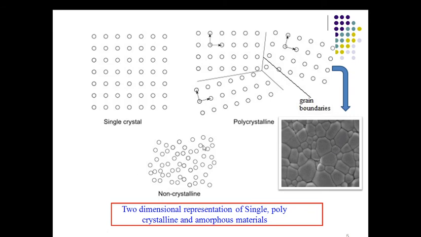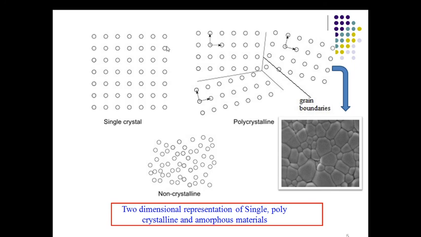Here we have an amorphous solid which is non-crystalline. Here we don't have any long range order. Basically you can see that all the atoms are randomly or haphazardly arranged. So what is the difference between a single crystal, polycrystalline and non-crystalline material or amorphous solid? Single crystals have smooth faces, a particular shape for a particular material. They have sharp edges. They have a particular melting point. The arrangement is long range order.